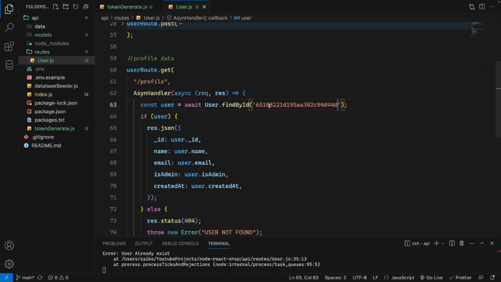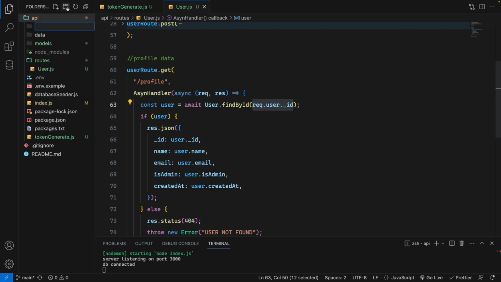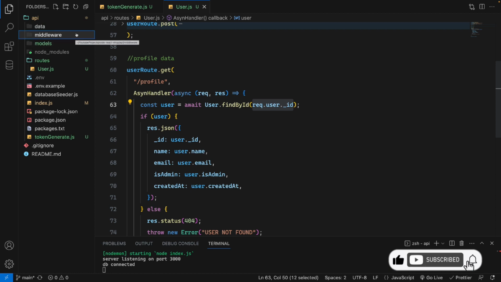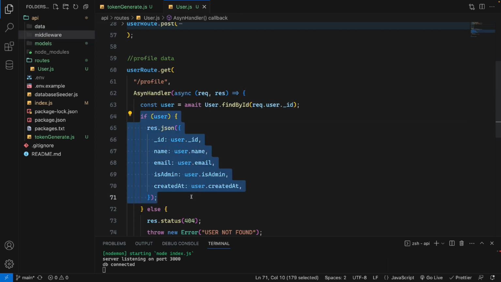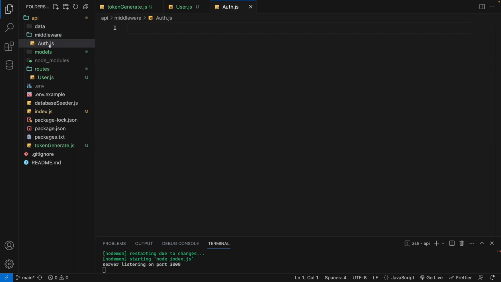So we will create the middleware. Under the API profile, I will create a new folder called middleware. In this middleware, we will validate whether the user has a key or not. If the user has a key, we will send this data back to that authenticated user, like this. So we will create a new file called auth.js. It means auth middleware. Okay, so in auth.js, we need to do